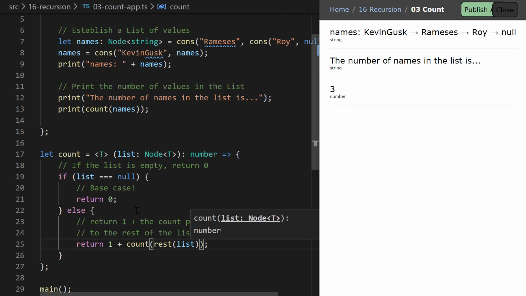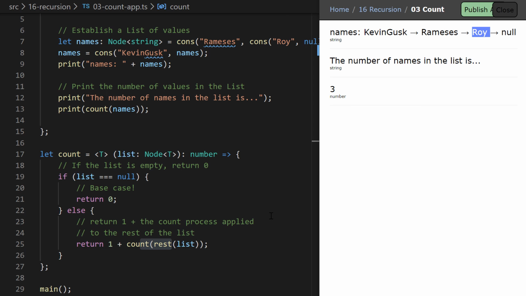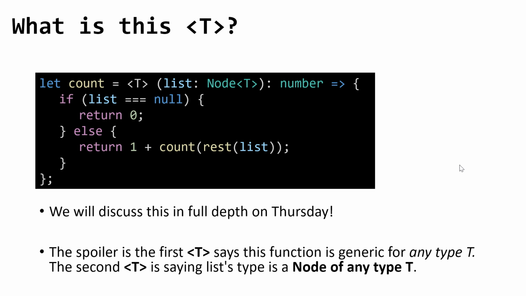Kevin Guskowitz will call count of the list where Ramses is the first node, and that would lead to a call of count recursively where Roy was the first node. That would lead to a call of count recursively where null was there, in which case we reach the base case, right? So let me try and put a visualization on this, but I also want to talk about